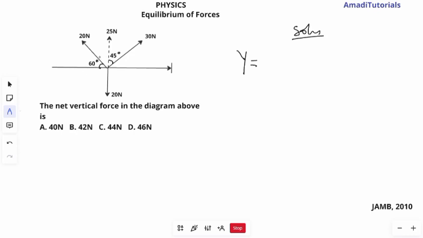So if the angle was to be on top here, like that of 45, resolving in vertical would have been cos, not sine. But to avoid confusion, if the angle is given with respect to the vertical, then you have to do your calculation 90 minus that angle to give you the one that is with respect to the horizontal. So now to resolve this 20 Newton, that would be 20 sine 60